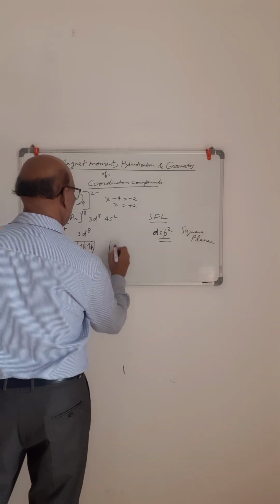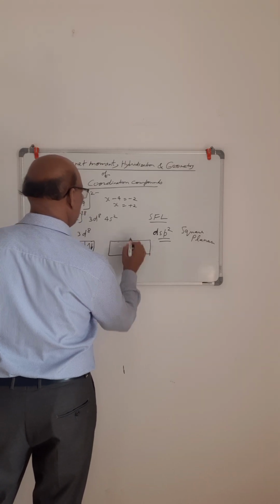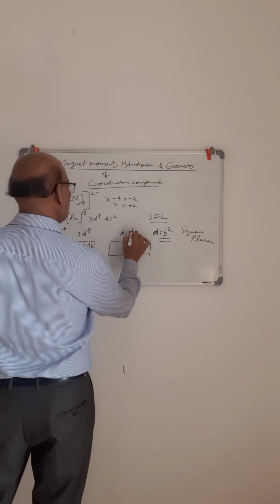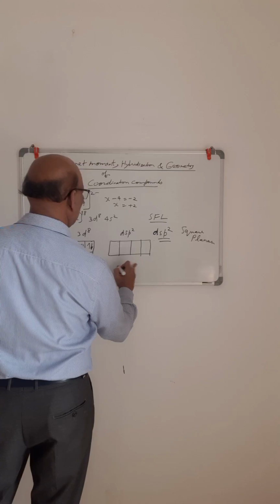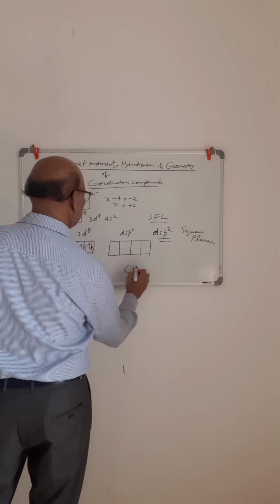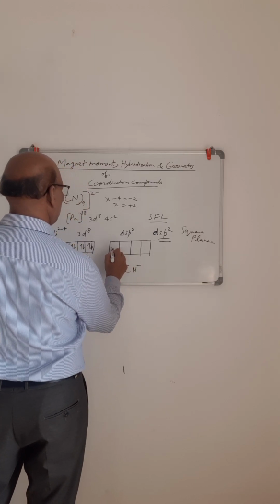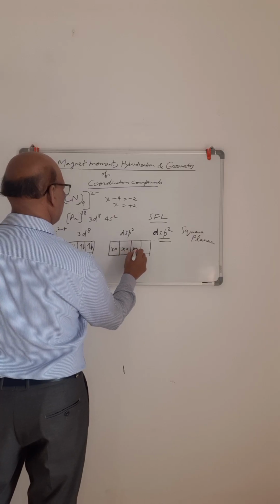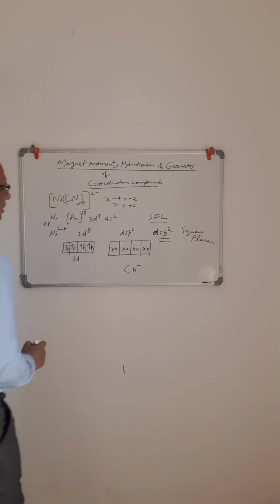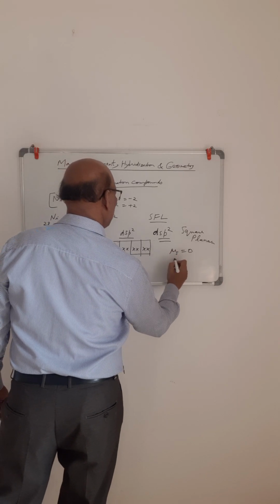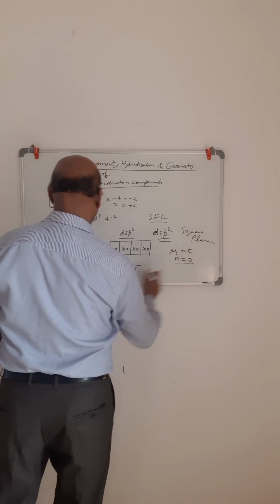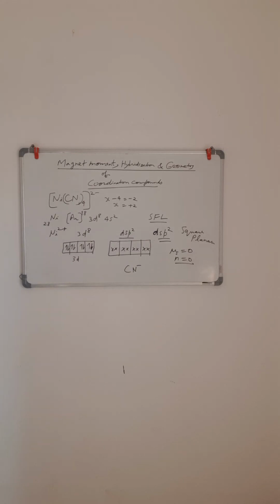Okay, and we will have 4 hybrid orbitals of dsp2 hybridized orbitals, 1, 2, 3, 4. Now the CN minus, there are 4 ligands, so each ligand will donate 1 pair of electrons to these empty hybrid orbitals, that is dsp2 hybrid orbitals, and the geometry will be square planar, and the spin only magnetic moment µs will be 0 as the number of unpaired electrons is 0 here,